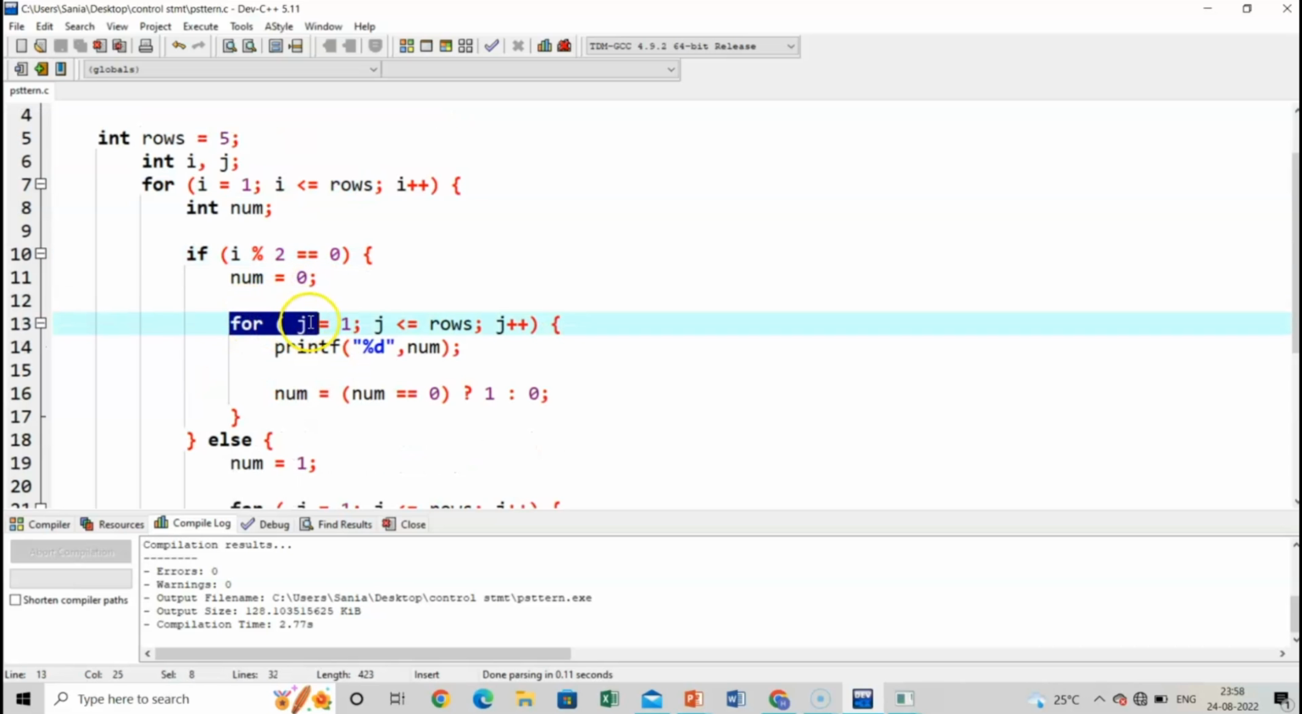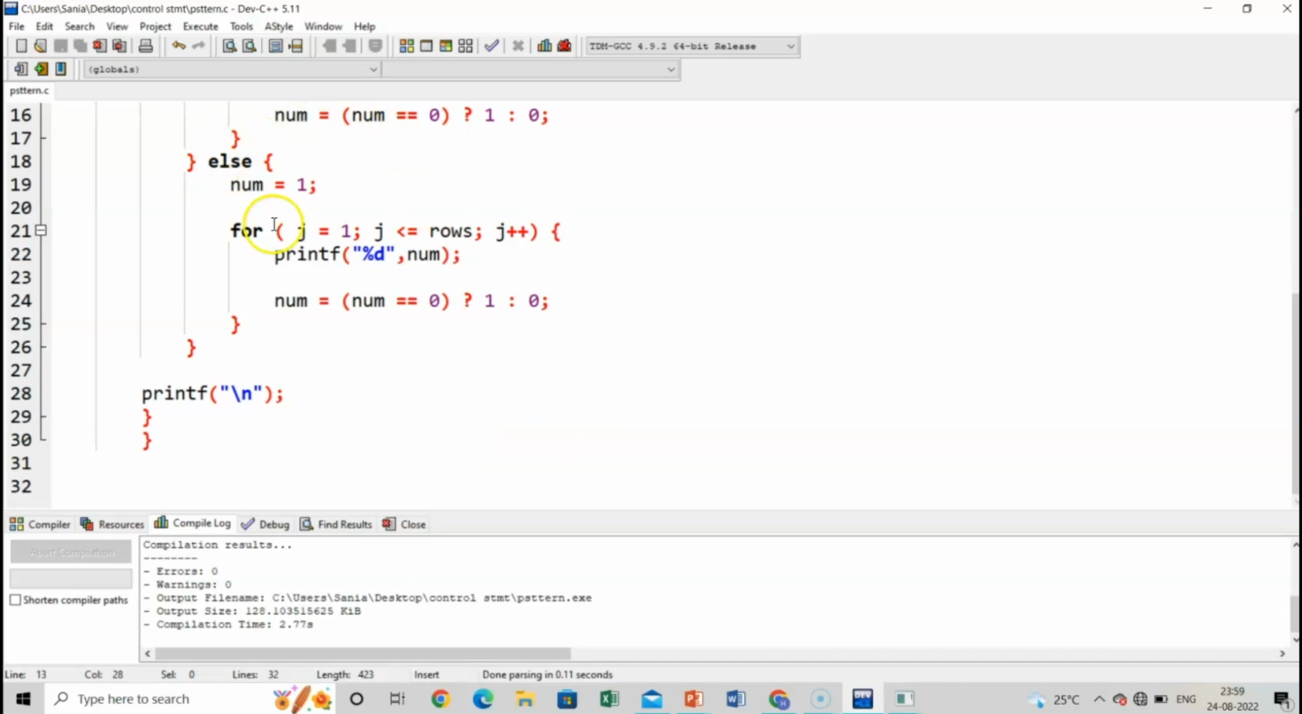Then we have a for loop where j is equal to 1 and j must be less than or equal to rows. It prints the number, and the number that we are going to print is either 1 or 0. So if this condition is satisfied, that is num is equal to 0, it will print 1, else it will print 0. Similarly, we come to the else part where we have num is equal to 1,